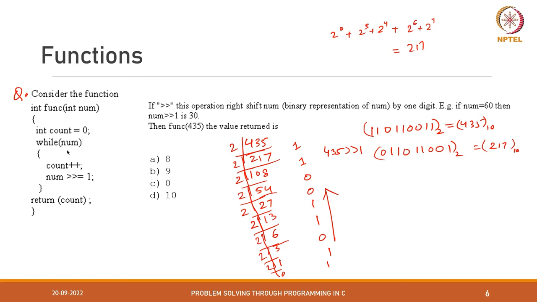All right. So then this loop will be executed the first time when we do this while of 435, count is 0, it becomes 1. Okay. And num becomes 217, because it shifts by 1. All right. Then the next iteration will be while of 217, which is still true. So this was true, this is still true. So count will